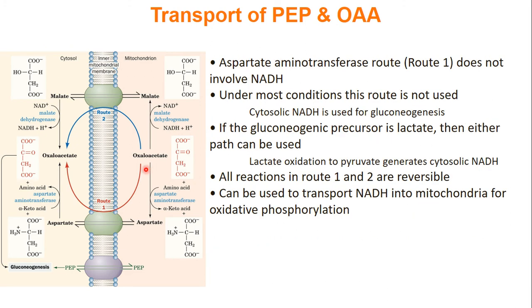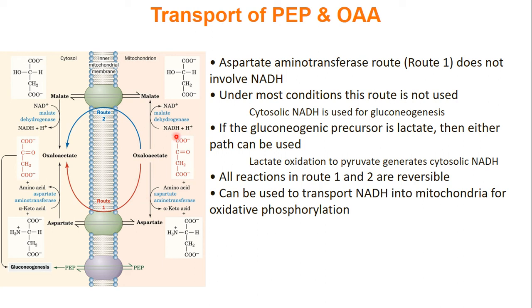Now, the aspartate path is a little different in that it does not involve NADH at all. And so you don't really use this path under most conditions. The reason is, when you do gluconeogenesis, you need to use NADH. So if you do the malate pathway, you're making NADH in the cytosol that can be directly used for gluconeogenesis. If you go the aspartate pathway, you do not make NADH, so you're missing something from gluconeogenesis. However, if you're using lactate for gluconeogenesis, lactate will make NADH in the cytoplasm itself, so you can use the